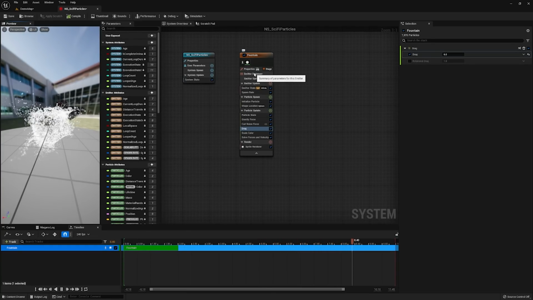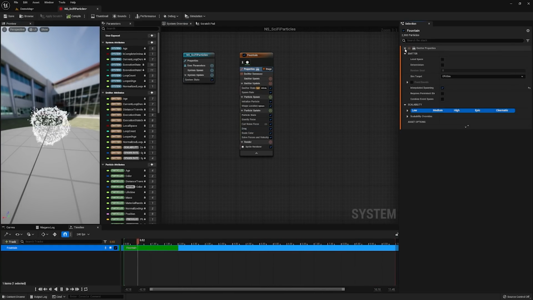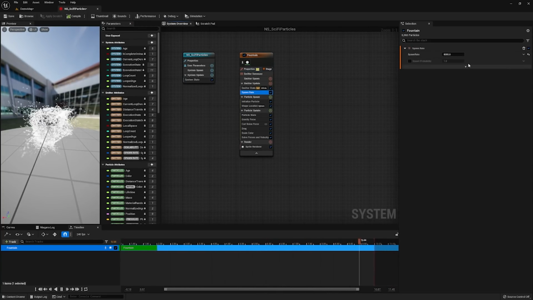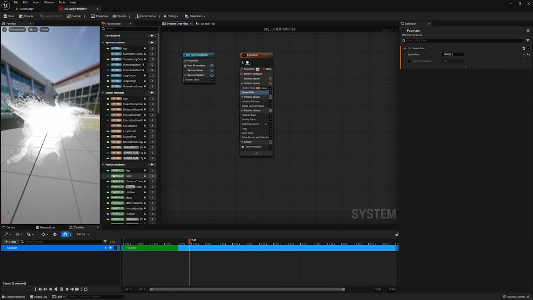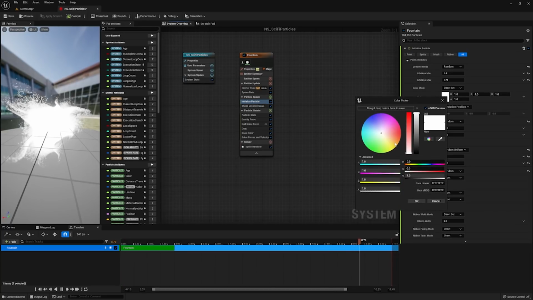Let's go ahead and get some more particles. I'm going to change this from a CPU emitter to a GPU emitter in the emitter's properties. The reason I'm doing this is because I can now have way more. Whenever you create a GPU emitter, you need to set the bounds to be static. Let's see what that big number looks like. That's a bit nicer. With this in place, I'm now going to start to dial in the colors. Let's get something a little bit more goldy, just to match the sphere that we have inside the world already.